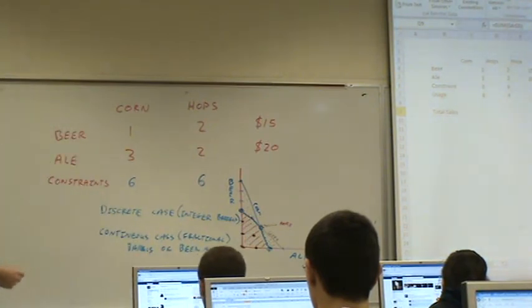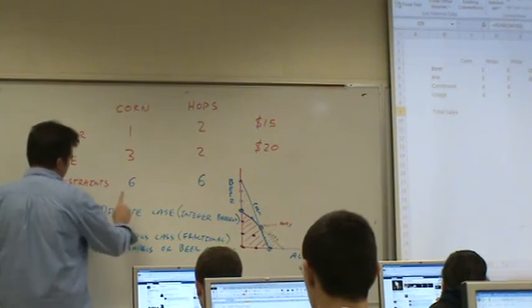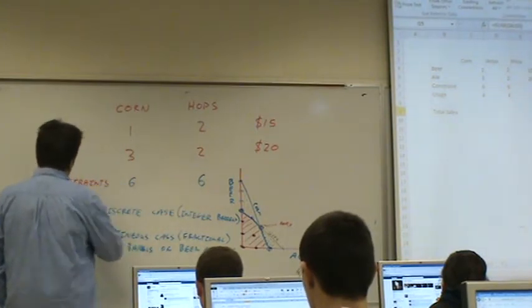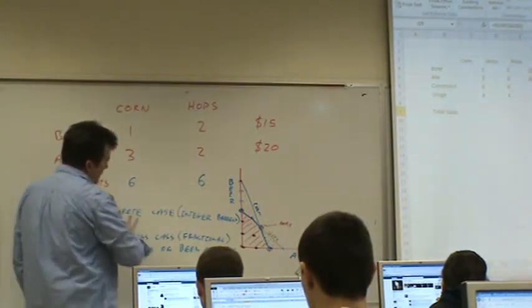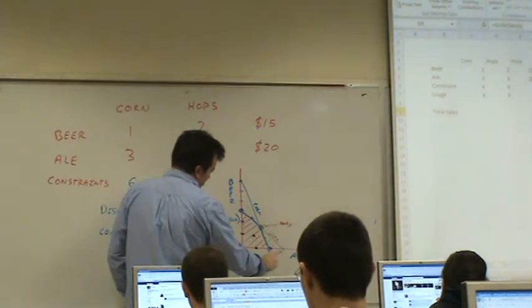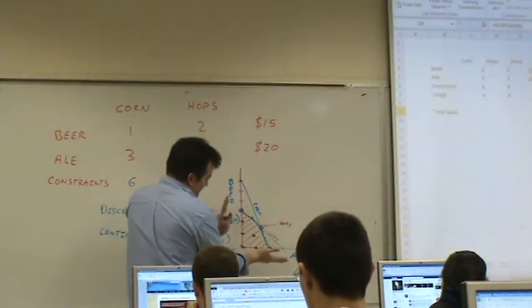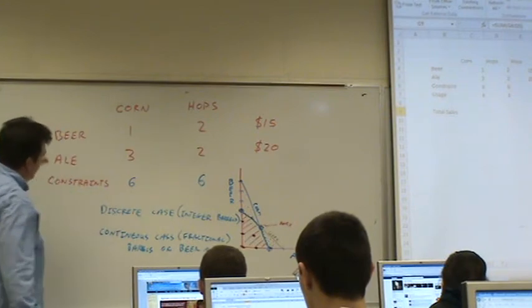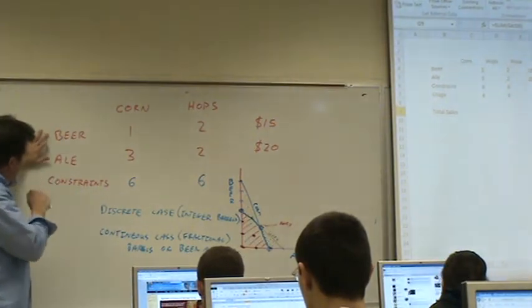Now this happens to be a somewhat easy question because there's only 2 constraints, corn and hops, and we're making 2 things. So the constraints would be the lines in the middle. The dimensions of the picture are the stuff we're making. If we made a third thing,